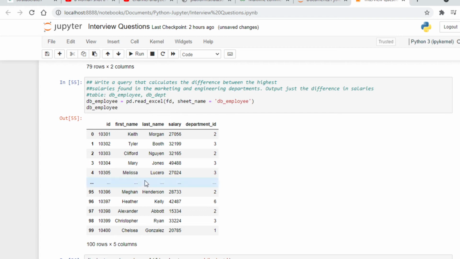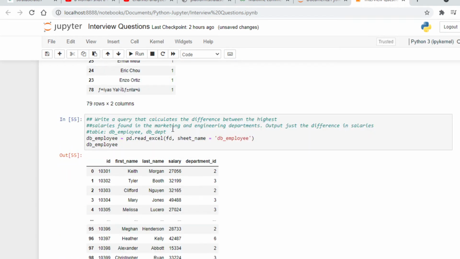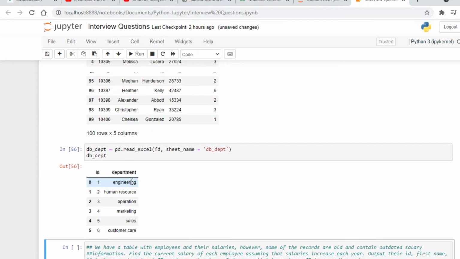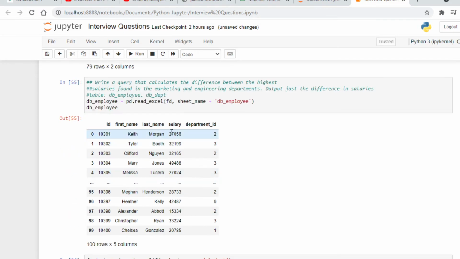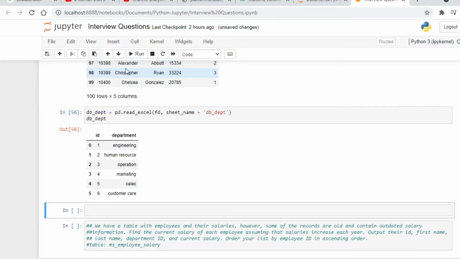So the first thing we need to do here is we need to merge both the tables, because we need department from the second table, and then we need to find the difference between the highest salary. Okay, so let's insert one more row here. So df equal to, we will merge our data.